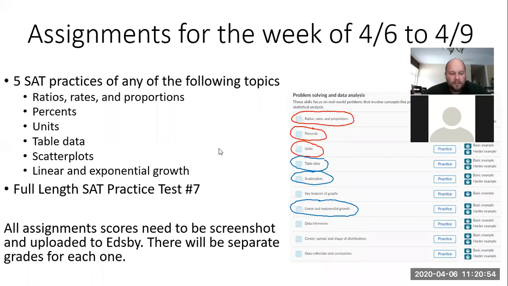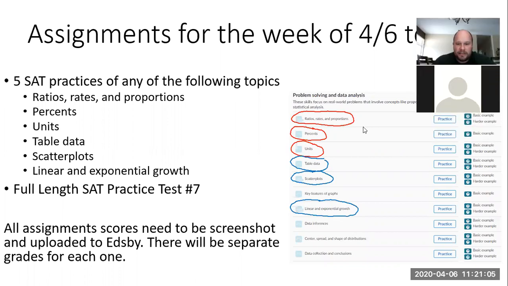For this week, our assignments will be very similar to what we would do if we're in class. We have the Khan Academy that we normally used in class. We're going to be using that same thing for this week. So online, you can go to Khan Academy and you can complete these activities. So the class, this live class session and the other 2 live class sessions for this week will be mostly